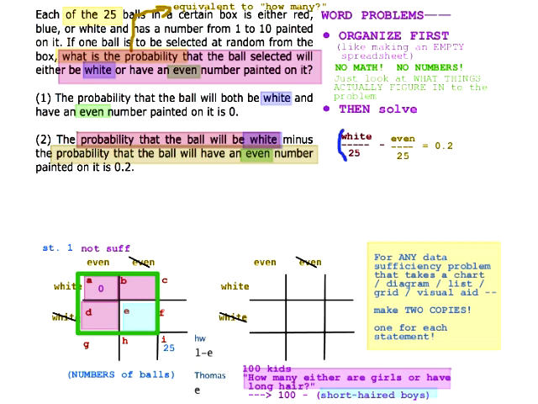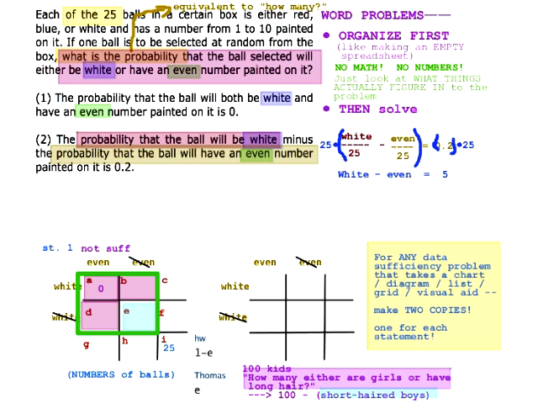And then we can just multiply both sides of that by 25. So you don't necessarily need an intuition about this. You can just write the exact fact they give you in terms of those fractions. And then you can just multiply those fractions by 25. So let's do that. And if we do that, we get white minus even equals 5. So Thomas, there's your 5. But that is actually the number of whites minus the number of evens. It's 5.